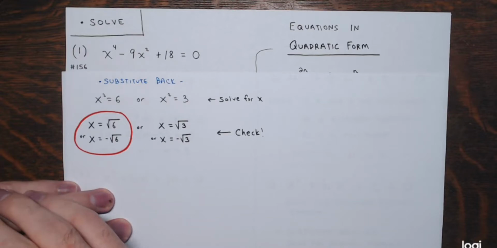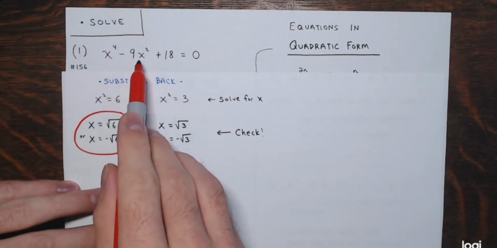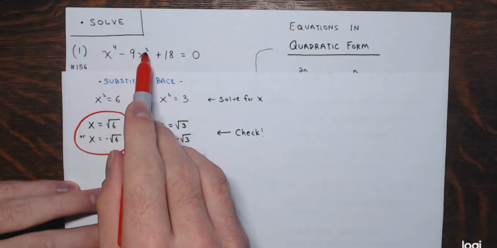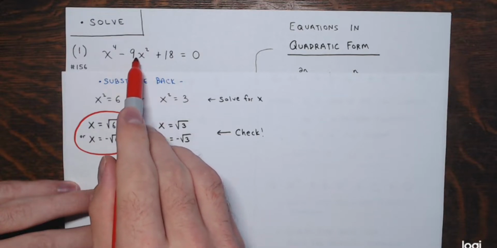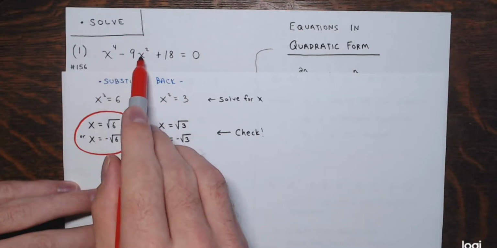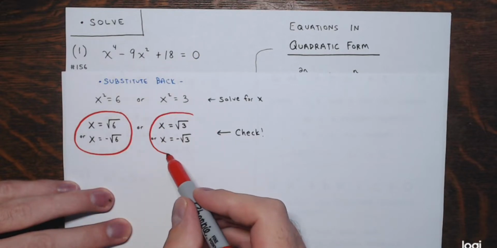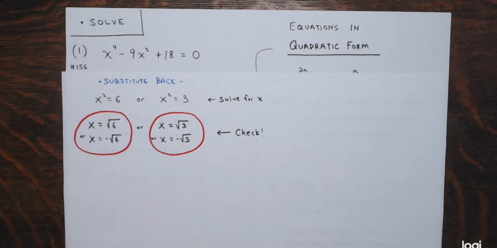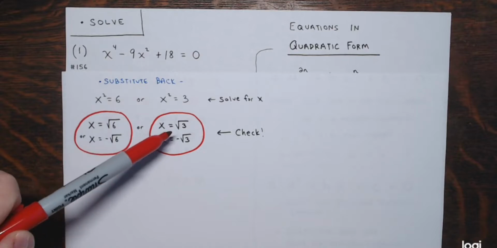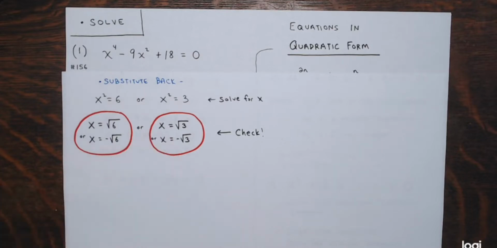And again, I leave it to you to check that. It'd be 3 times 3, 9. So that's 9, and then the square root of 3 squared is 3. Negative 9 times 3 is negative 27. 9 minus 27 is negative 18, plus 18 is 0. So both of these would work as well. So there are 4 solutions here: square root of 6, negative square root of 6, square root of 3, and negative square root of 3 all